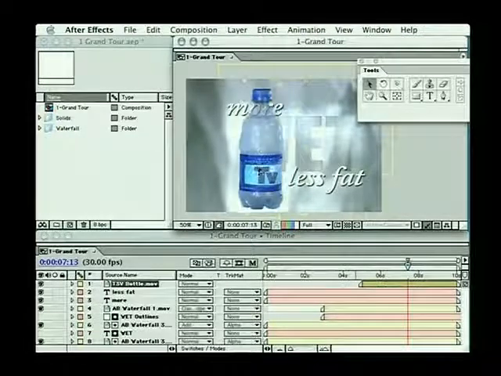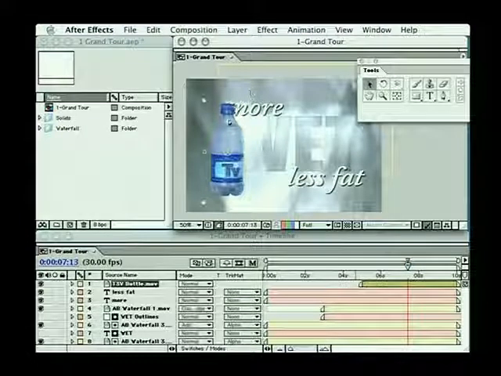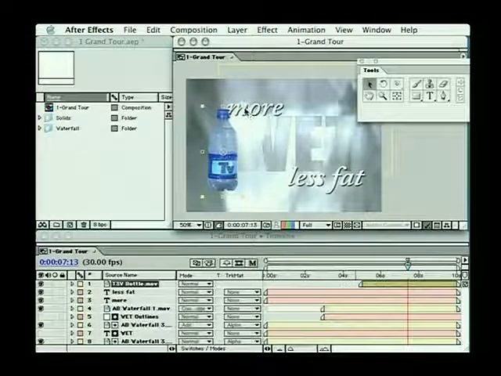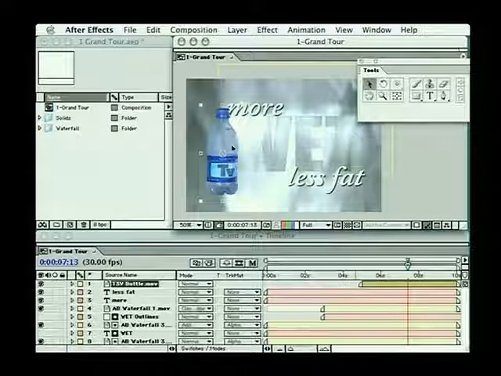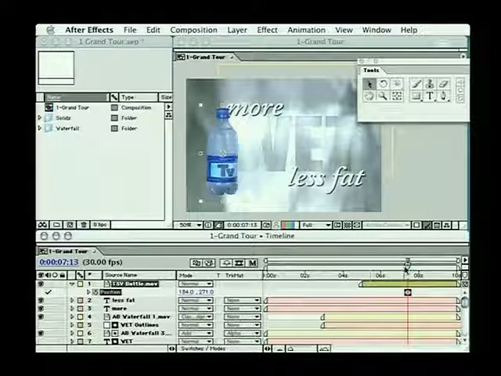And now let's drag it into place, scale it down a little bit, hold the Shift key to constrain the scale. A little more. I don't mind if it intersects our text just a little bit. I don't want it to obscure it and make it hard to read, but I don't mind if it intersects it a little bit. Now I'm going to hit the P key for position, set a keyframe at this point,